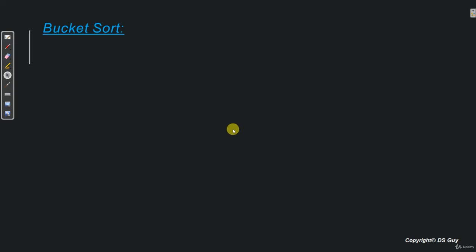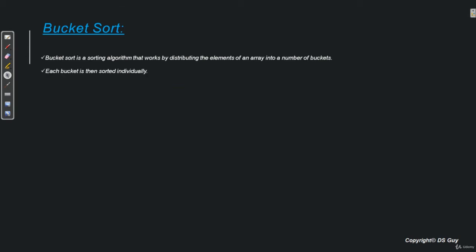So the bucket sort algorithm, as the name indicates, involves using a few buckets. What we do is we create a few buckets and then we put all the numbers that we want to sort into those individual buckets. Then we go to each of those buckets and sort them individually. And once those buckets are individually sorted, we merge all those buckets and we finally get our answer.